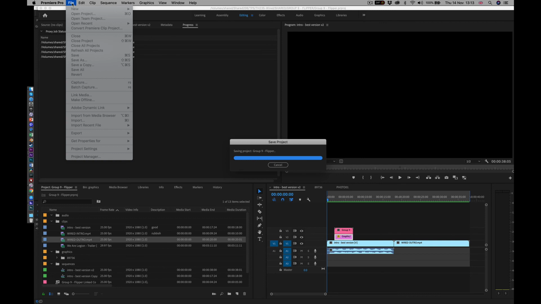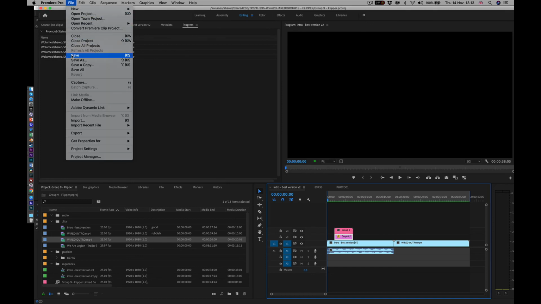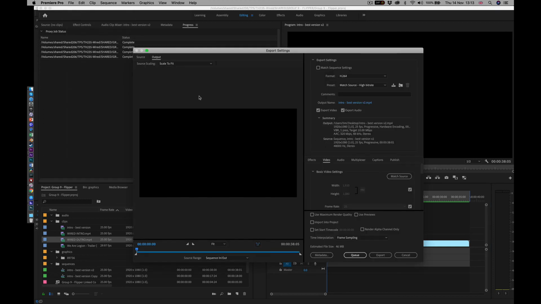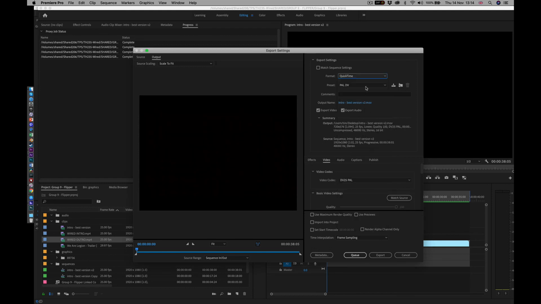Saving. Now, when it comes to the export, it makes sense to go to media here. I've been using H.264 because it creates smaller files and it means it's fairly easy to upload to YouTube. But in terms of speeding up the time of exporting, although it creates massive files, you can use the GoPro 10-bit preset, which is under QuickTime. It's a variant of that. So I choose QuickTime,